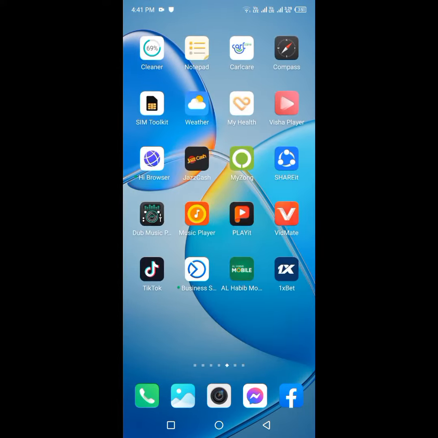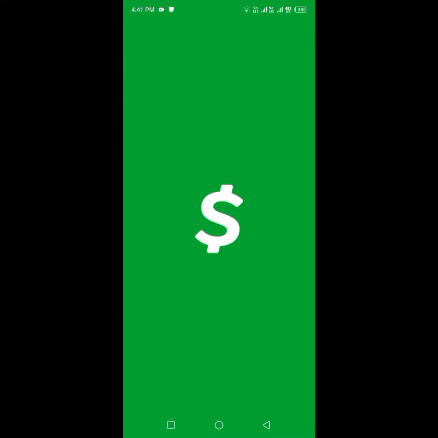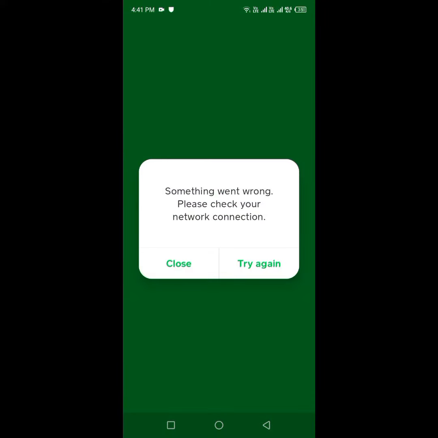So guys, in this video I'm gonna be showing you how to fix Cash App not working. Let me show you here. When I try to open Cash App, it's showing here something went wrong. Please check your network connection. As you can see guys, if you want to fix this type of error, just simply you have to